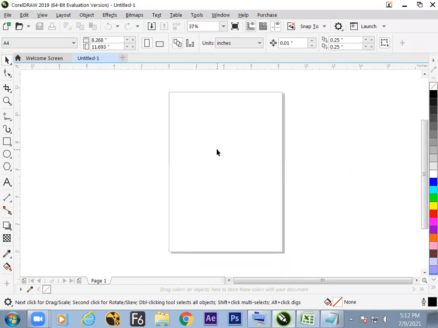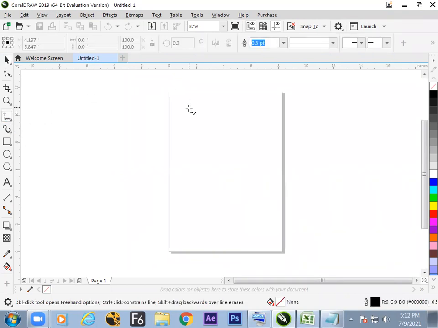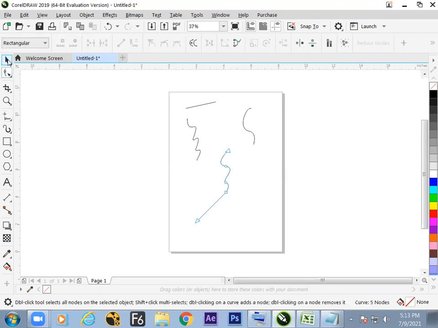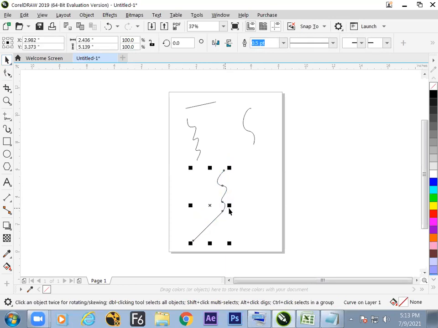So let's start with the tool. Name of the tool: freehand. Method of working, tips and tricks, everything is known. Hope how to draw a line: two ways to draw the line, click and click, and the second way, draw it. And the third way, hold the shift to delete. So draw it, delete it. Draw freehand and hold the shift and get a straight line also. So these are the things we learned in the last session.